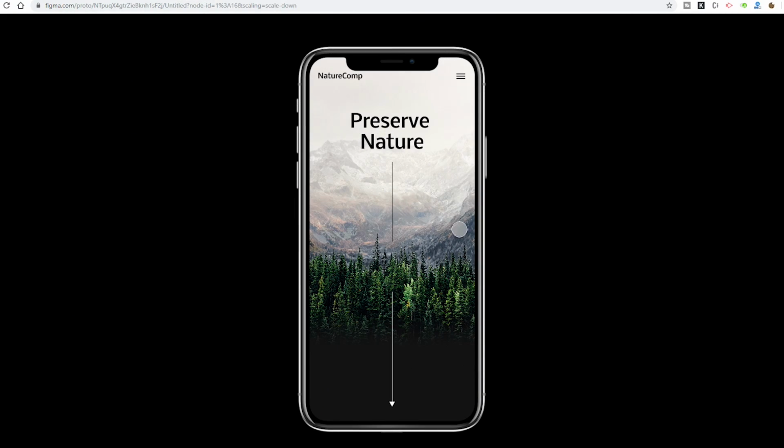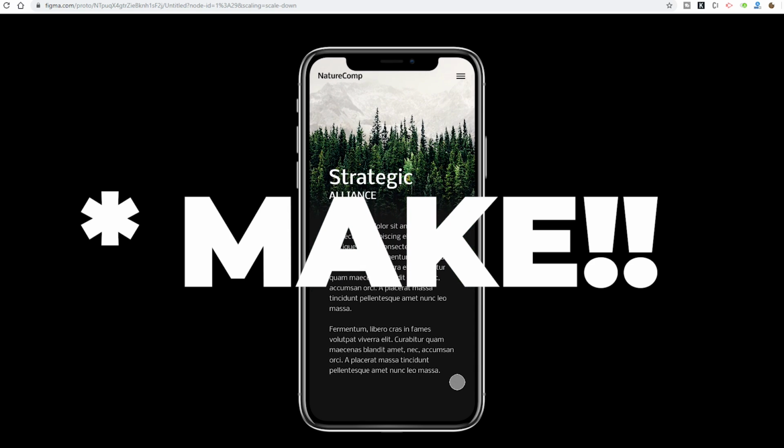Things just got really exciting in the world of Figma because they just released something called Smart Animate. And this is what you are going to learn how to do. Look at